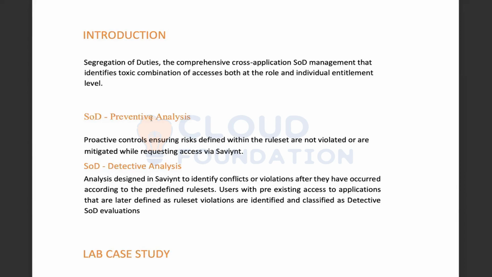If, even before our user is able to request this access, we show them a message that these two entitlements should not be requested together, or that they already have access to one entitlement and are requesting another one, which together will cause an issue, that is a good point. The person will get to know while requesting itself that they are doing this. Correct. That would be preventive analysis. Detective analysis would be that after the person has already raised a request, we then think about what to do with this request.